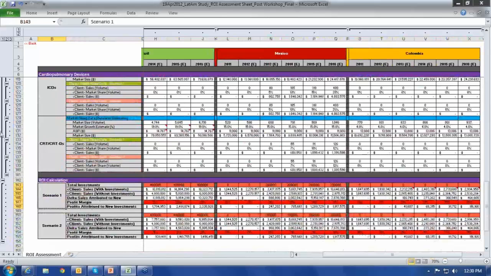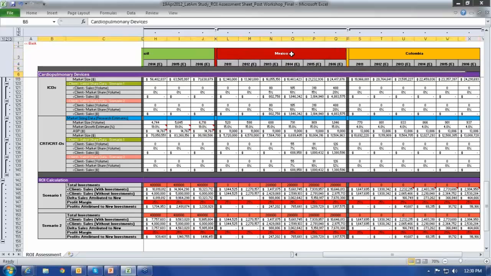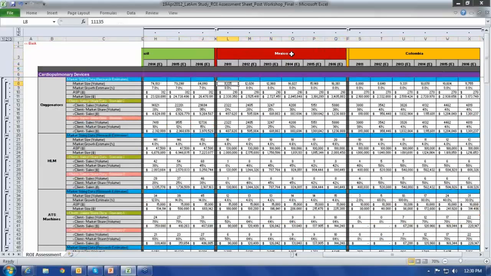And then here you're seeing scenario 1 and scenario 2. So we literally laid out the amount of money that you should be paying, looking at the deal multiples in the market. And if you're going to make that kind of investment, this is the number of years it's going to take you to recover that money. Here's the profit, this is the profit margin that you can expect, and so on and so forth. And then we did a similar analysis for Mexico, but the assumptions and the approach were completely different.